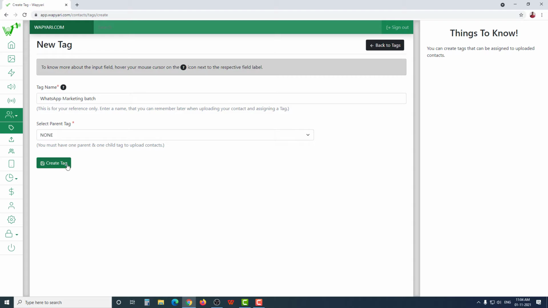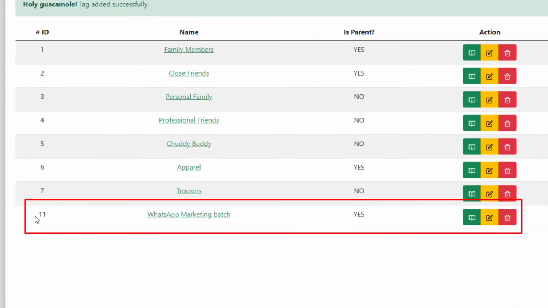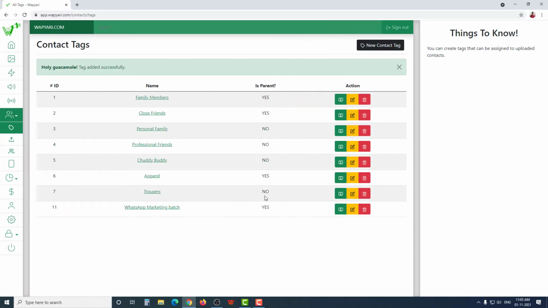Okay, so I just created a parent tag, WhatsApp marketing batch, and now you can see it appearing here. But you can only upload contacts to children tags. You cannot upload contacts directly to a parent tag.